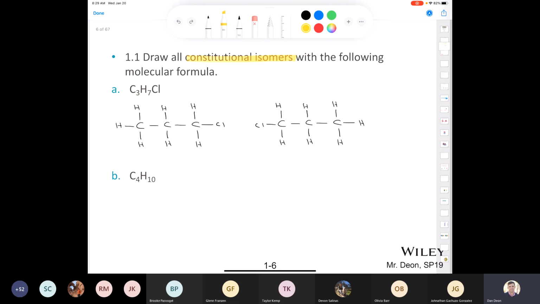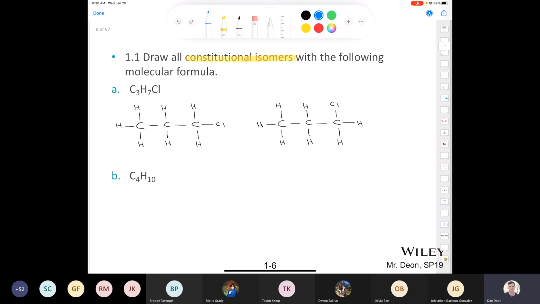So to make it a constitutional isomer, you'd have to put it either on top of or below the carbons? No, if I put the chlorine up here like this, that is also not a constitutional isomer. Remember from general chemistry that this is a sigma bond, so there's free rotation around that bond. If I rotate that around, the chlorine could be here, it could be here, and it could be here. So that is also